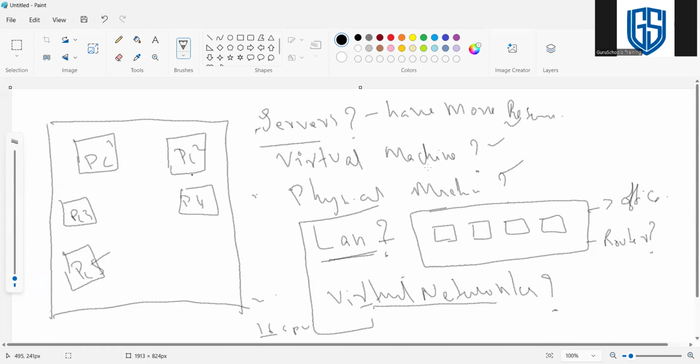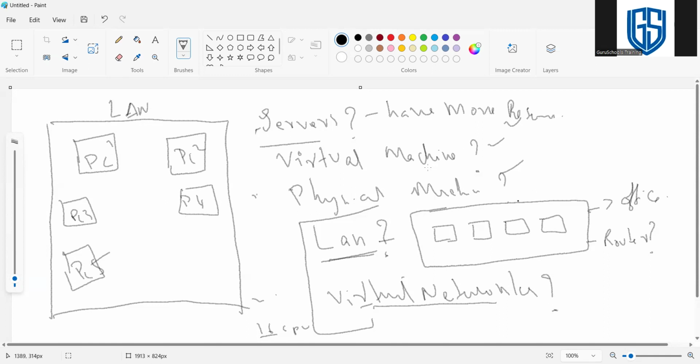For example, PC5 is connected to PC3, PC3 to PC2, PC2 to PC4. We need to make sure all the machines can communicate. So here we created a LAN for communication. How will we fulfill the requirement?